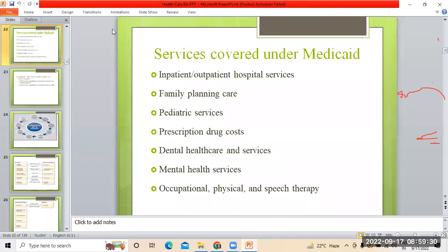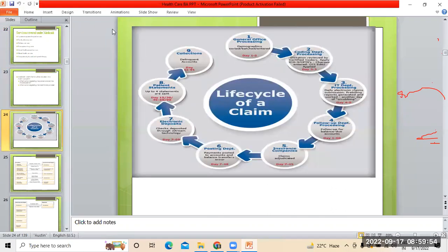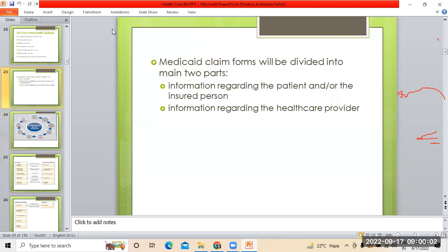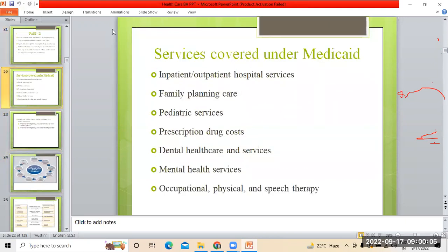So this is the difference you see between Medicare and Medicaid. This is all about the overall introduction to Medicare and Medicaid. Now, what are the different procedure codes we follow in reference to diagnosis or procedures, and how does the claim cycle or claim processing work? What are the different stages of the claim life cycle, what code numbers are we using for what reason, and the HIPAA rules and regulations, all that I'm going to discuss in